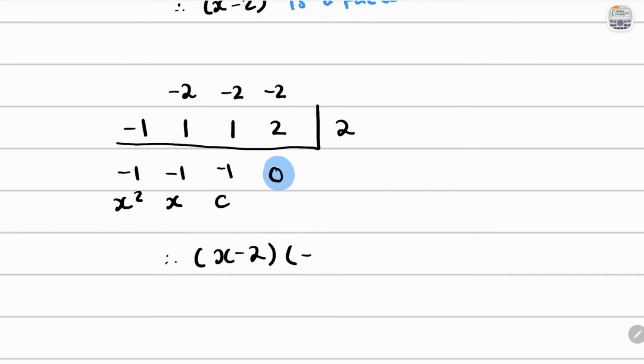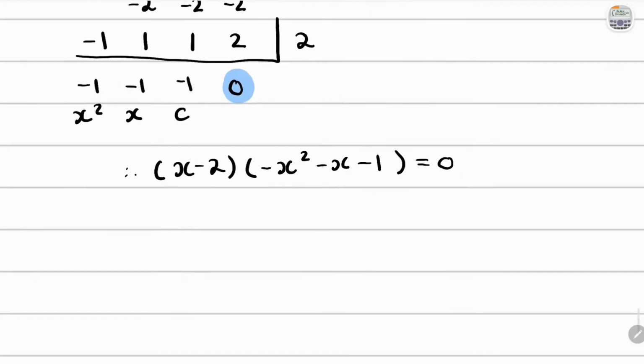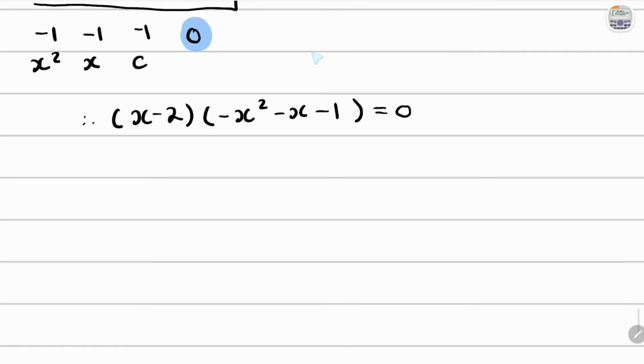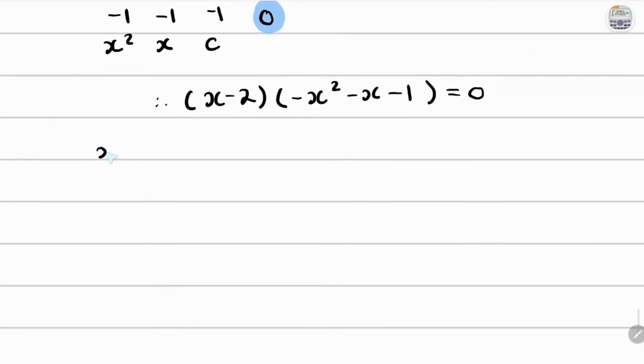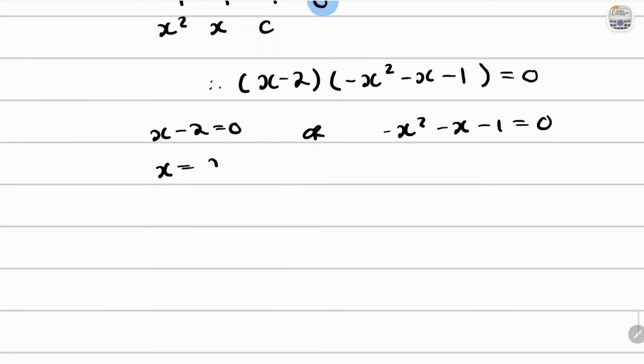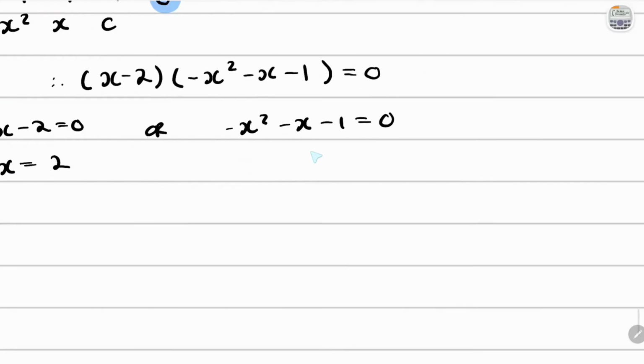So this is going to be negative x squared minus x minus 1, and then is equal to 0. And we would have to solve for x in this equation. Okay, so that means x minus 2 is equal to 0, or negative x squared minus x minus 1 equals 0. Okay, so here x equals 2, and here if you multiply both sides by -1 to get rid of that negative,